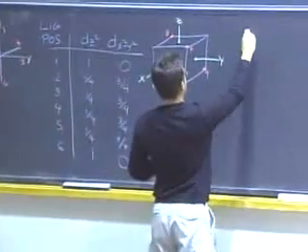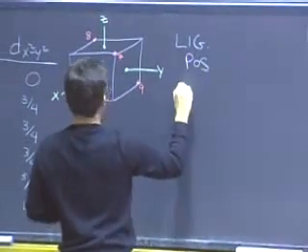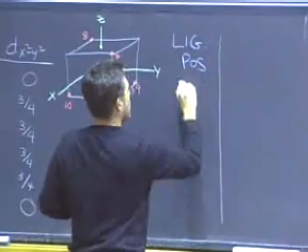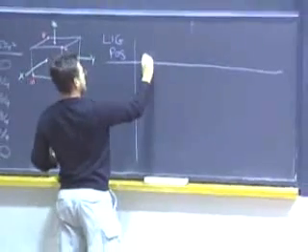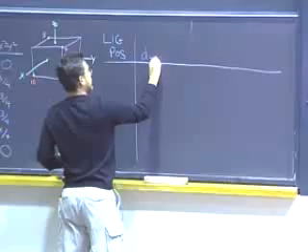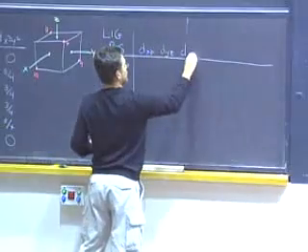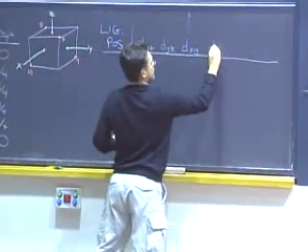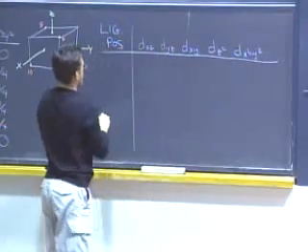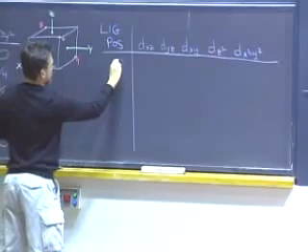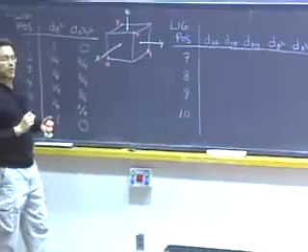And then we can generate a similar table where we have our ligand position and our set of d orbitals. And I'll start here with dxz, dyz, and dxy, and over here dz squared and dx squared minus y squared. And we need our ligands positioned at 7, 8, 9, and 10, which are these alternating corners of the cube, which